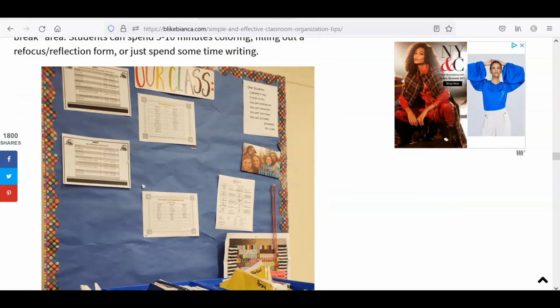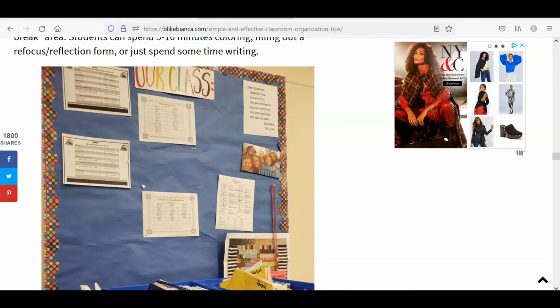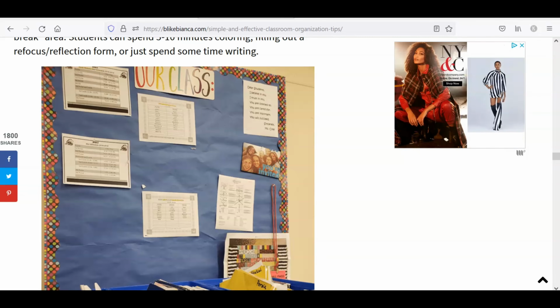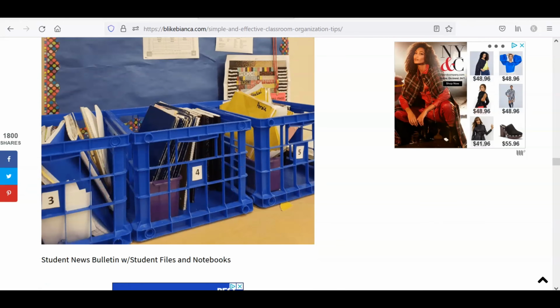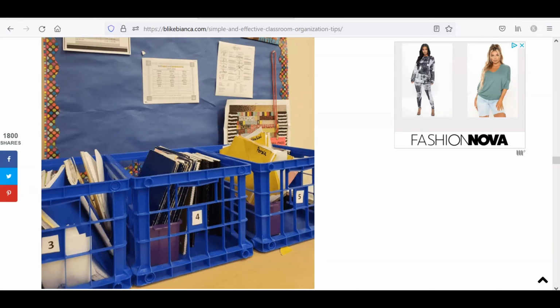The next area is just class announcements. I make sure to put all the announcements, the schedules, calendars, whatever the announcement is, I put it up so that they can see it. I also have these bins where I keep everything in class. So students receive a file and a notebook at the beginning of the year, the first week of school, and they will have that the entire school year. And they'll keep all their materials in this notebook. So I never allow them to take it home or take it anywhere